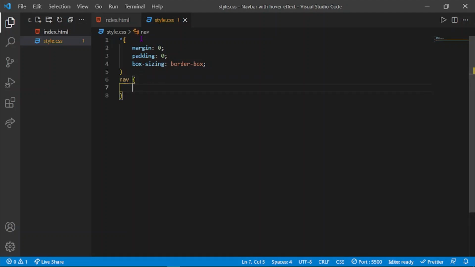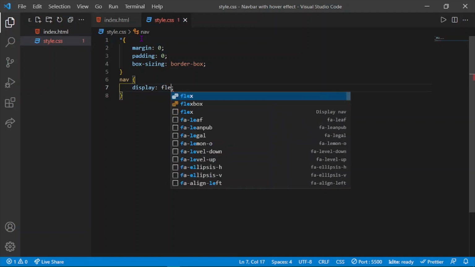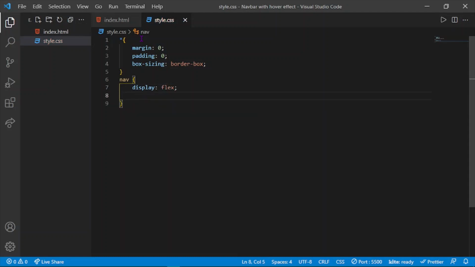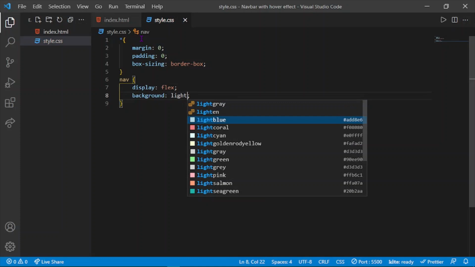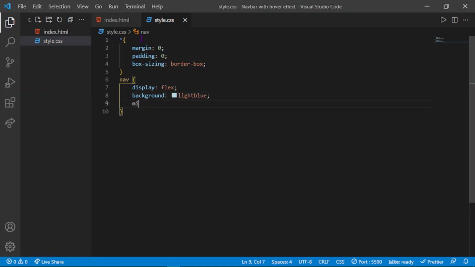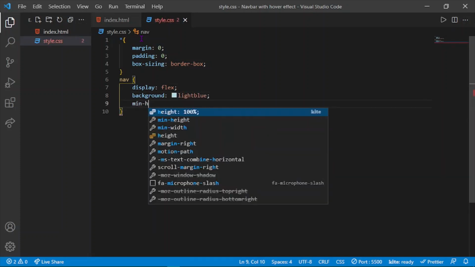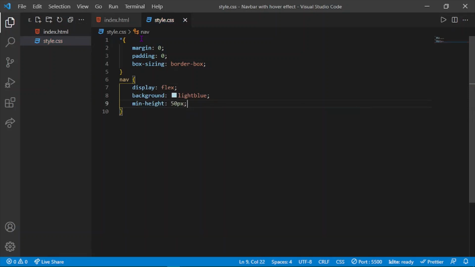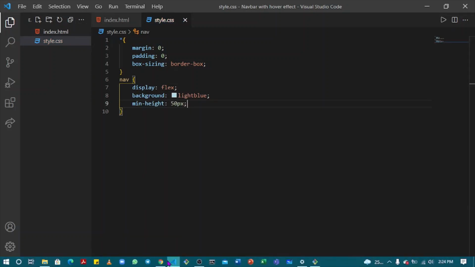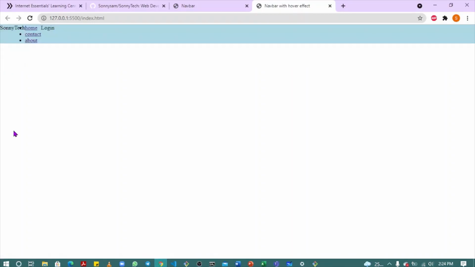and do display flex. And we can give it a background. Give it a background of light blue. And also give it a min height of 50 px. Let's see what we have. Okay,